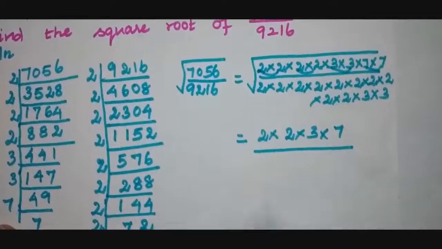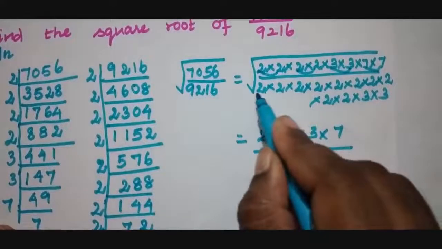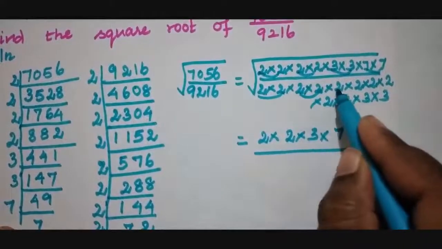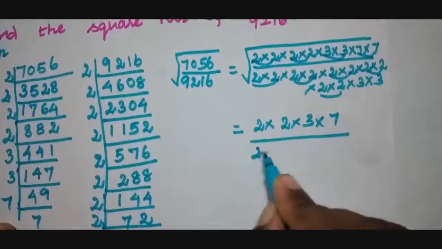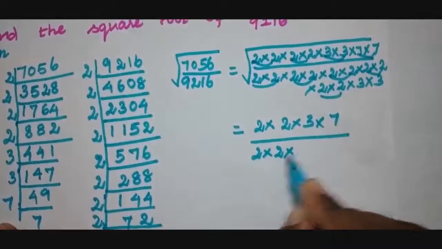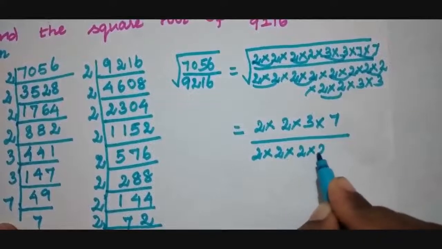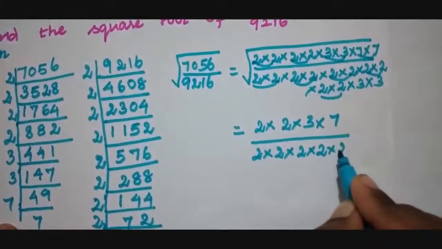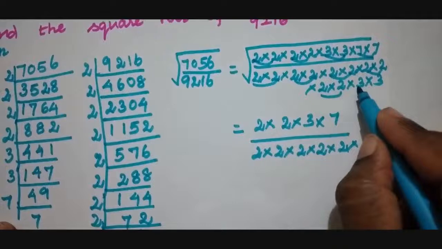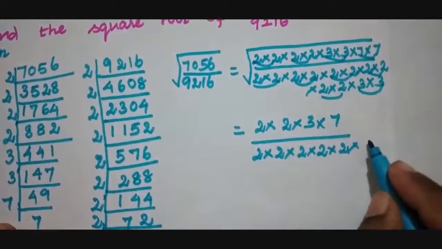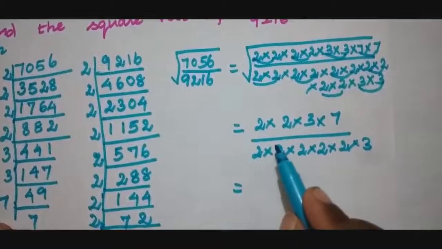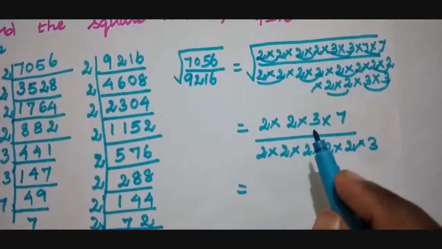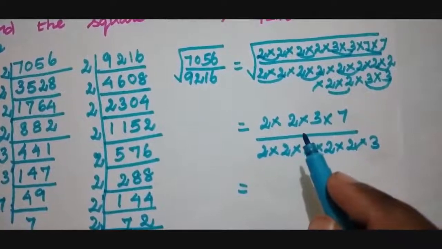And for the denominator, 5 times of 2, 1 2 3 4 5. And for this 3 you have to write one 3 outside. Multiply the numbers. If you multiply the numerator, you will get the answer as